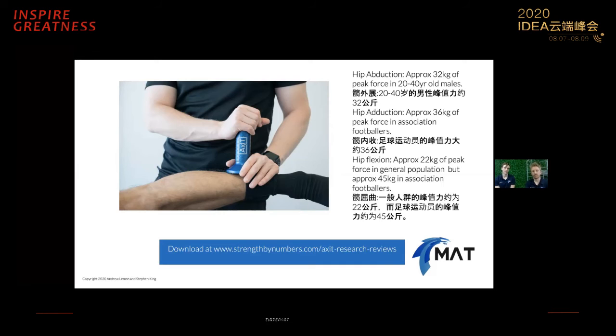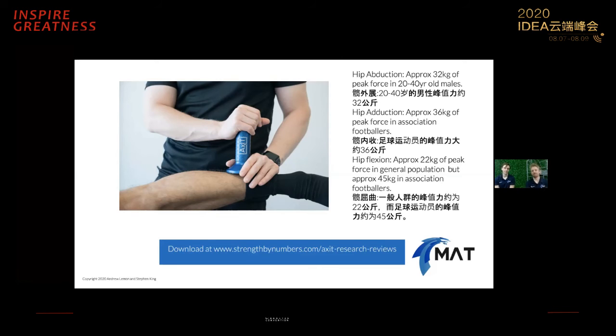OK，因为很多时候它的力量弱的地方反而不是真正出现损伤的地方，以及它出现损伤的地方反而可能是他自己非常注重强化力量的地方。